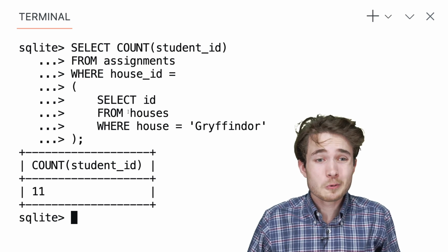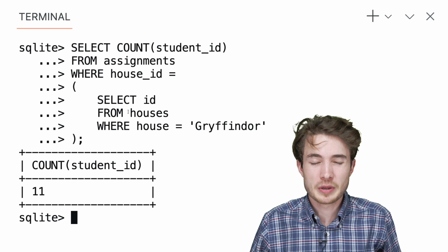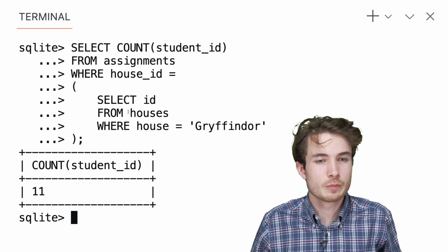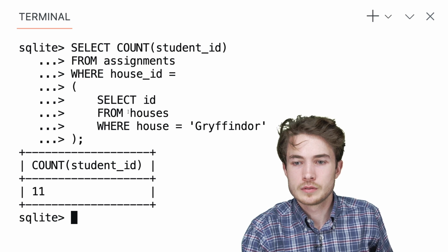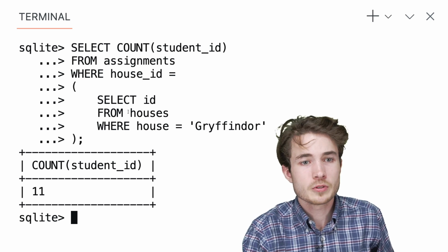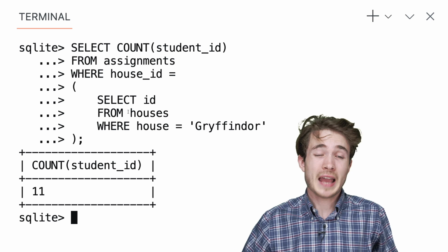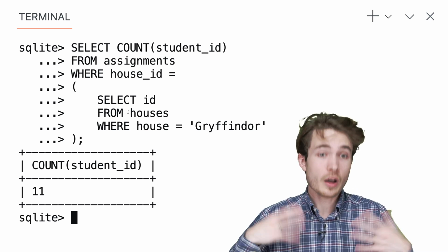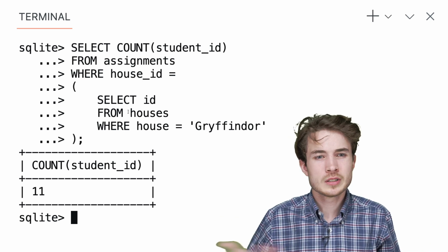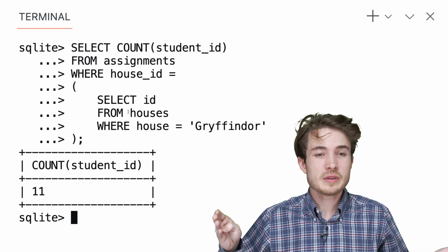So no theoretical limit, really, but there is a limit if you're concerned about performance, which you should be. OK, so this was one way of approaching this problem, counting students in Gryffindor with this new table, using the nested selects. But another way, that's maybe a little more intuitive in some ways, is going to be this join